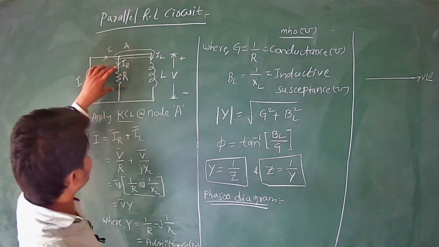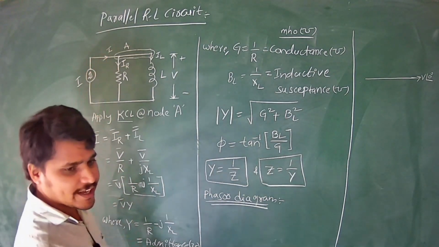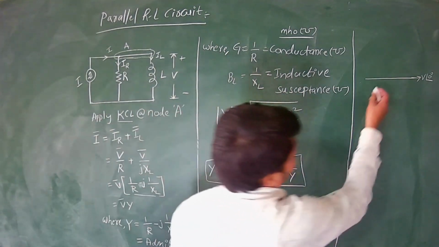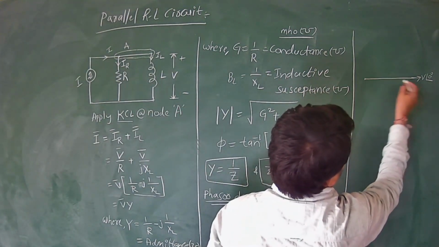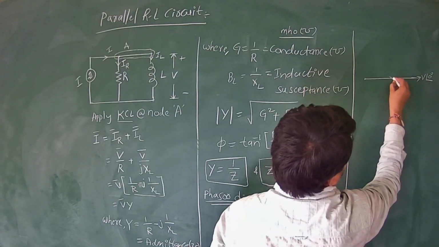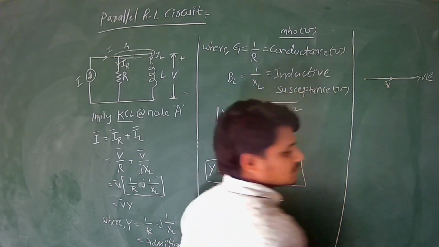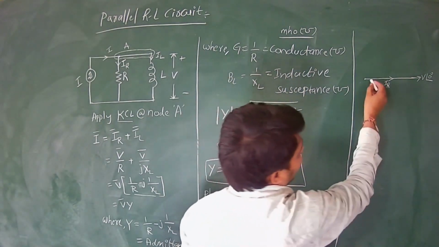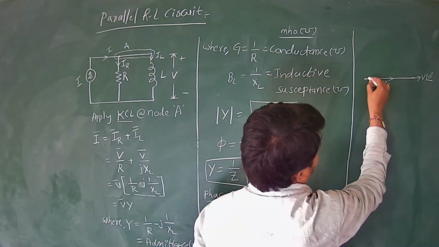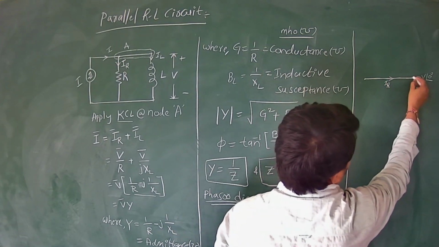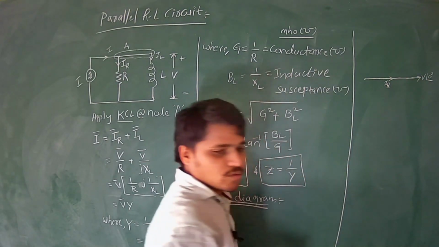Now for resistor, we know that the current and voltage are in phase. As this is a voltage vector, the current vector is here. So this is I suffix R. In phase means the angle between the voltage and current is 0. Therefore overlapping vectors, so I am drawing them overlapping with each other. Therefore the angle is 0.